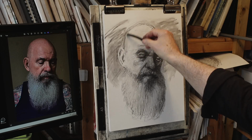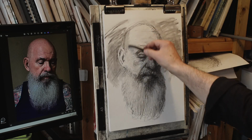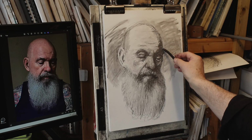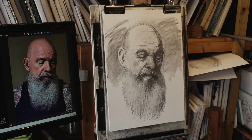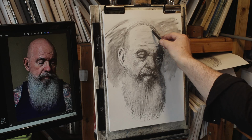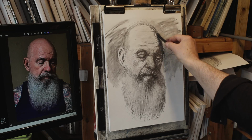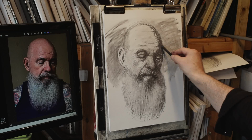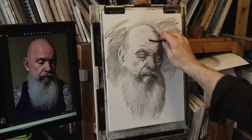This was too dark, so it was forcing me to take notice of it, and really it's not. I don't need to take notice. Maybe need to take notice of this bit, but not that bit. Also, this here is the bit that's really throwing the shape of the head out. So I'm just going to do that with it, because it comes straight to there and then it sort of lurches back like that. So I can just fix the